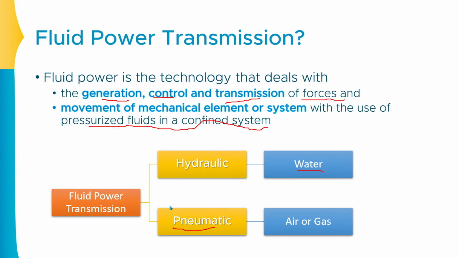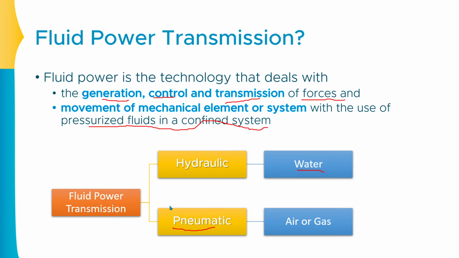Now the question arises: water is actually not used so much because it has some drawbacks. When we talk about the transmission of hydraulic power, there are certain drawbacks while operating and controlling the machineries. As metals are involved, water is reactive to the metals, so issues of corrosion and wear and tear are there.